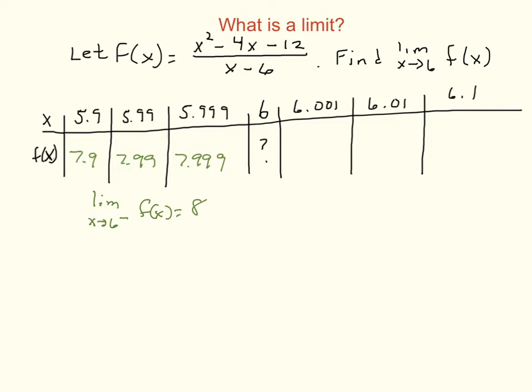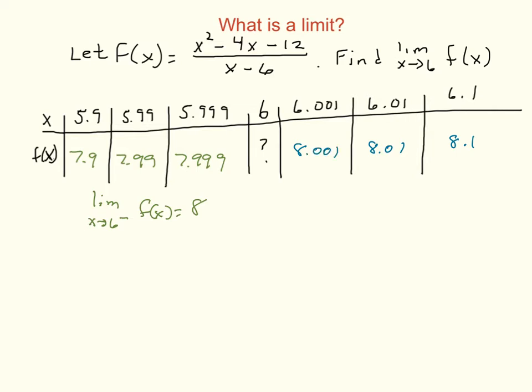Now, let's take a look at what happens when I come from the right. When I put 6.1 in for x, I have 6.1 squared minus 4 times 6.1 minus 12 divided by 6.1 minus 6. I actually come up with 8.1. When I put 6.01 in for x, I get 8.01. And when I put 6.001 in for x, I get